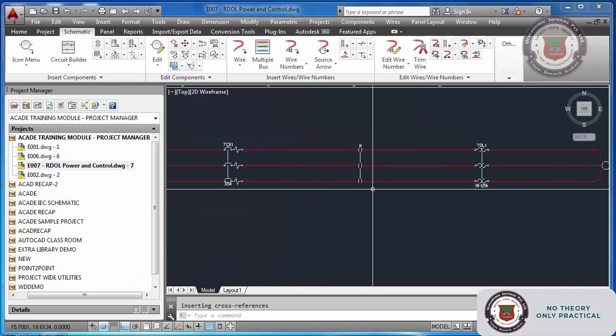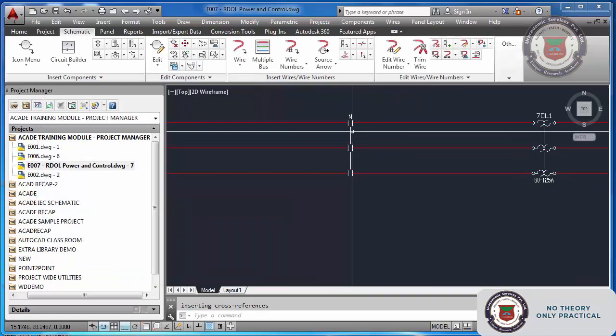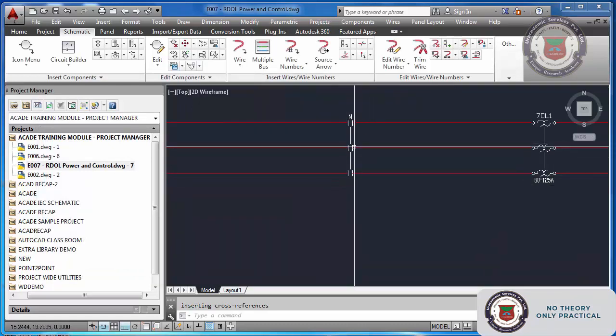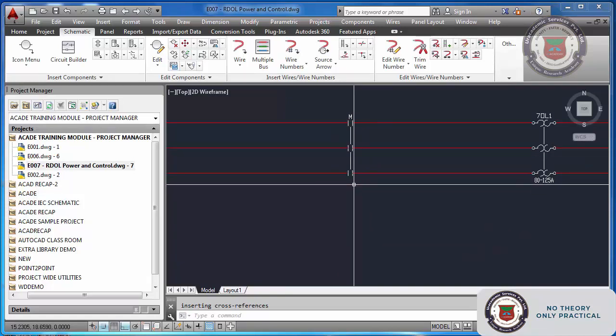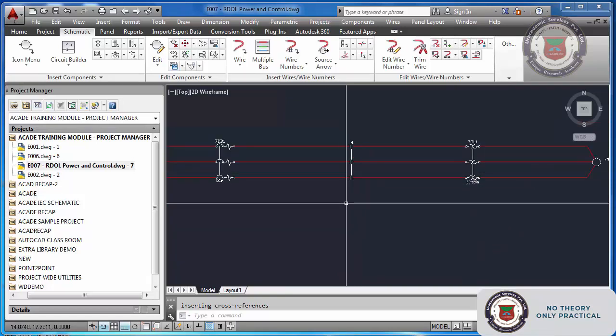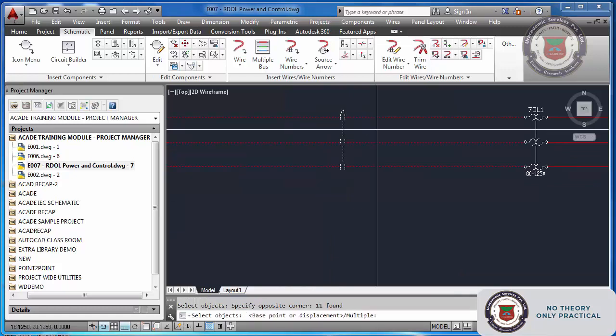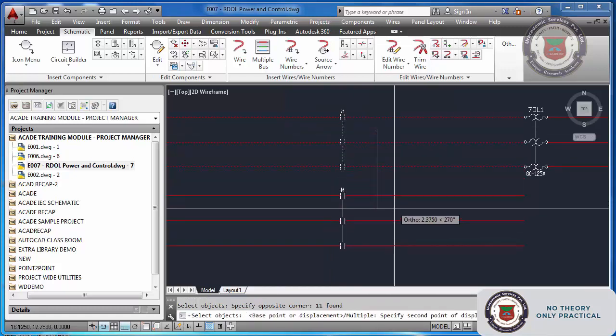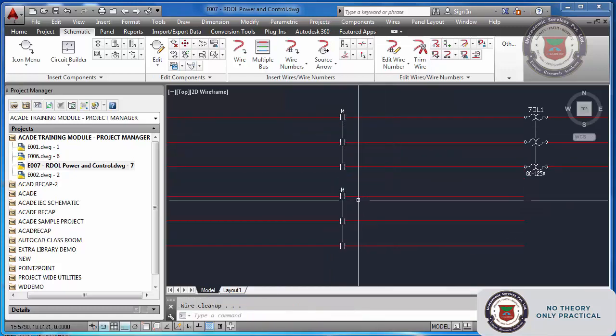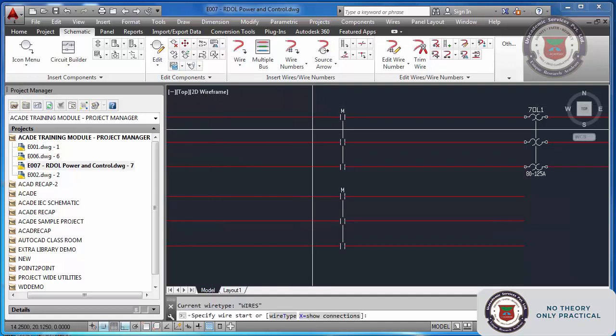Yeah, so I want one more power contactor just below this circuit. So I will use electrical copy, just bring it down here. Now it is here.